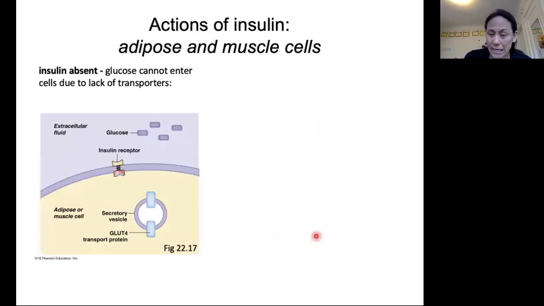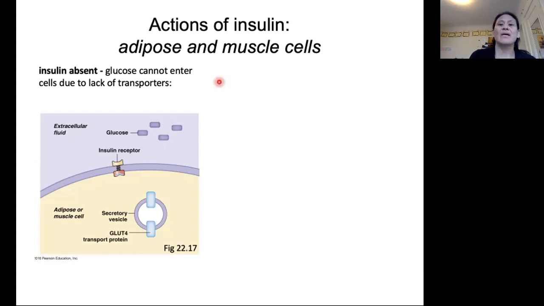One of the actions of insulin is to promote glucose uptake by certain cell types. I should preface by saying that most cells don't have regulated uptake of glucose. Glucose will just enter the cells by facilitated diffusion. But in certain cell types, such as adipose and resting muscle cells, the uptake of glucose is insulin dependent. Okay. And this slide shows us how that happens, the mechanism by which these cells are going to